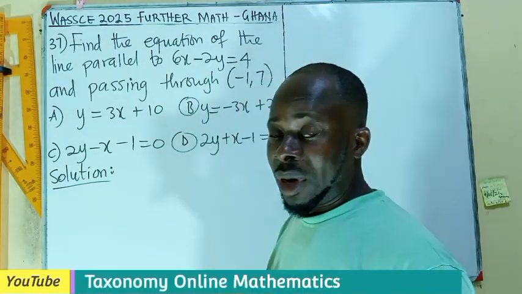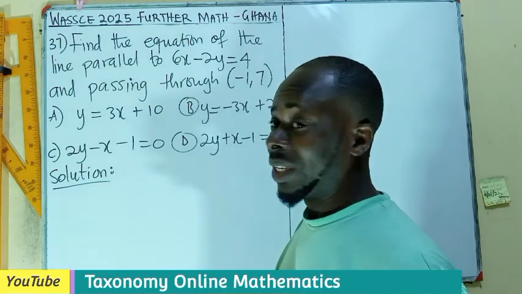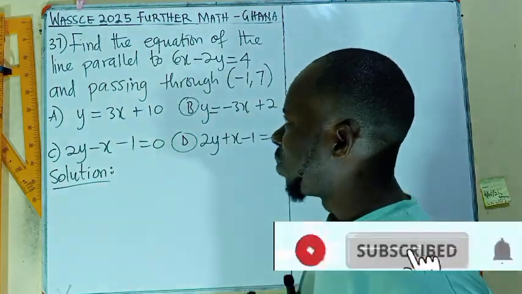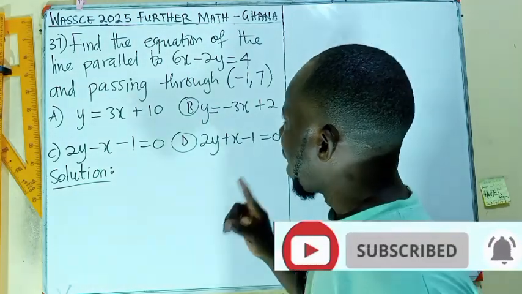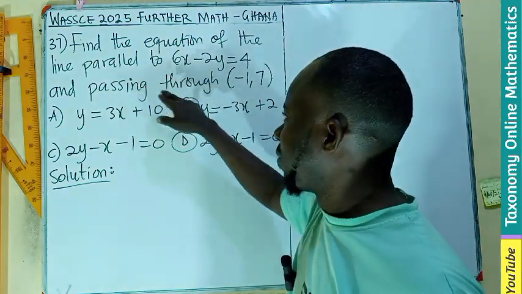If you know parallel properties of a line, you can find a solution to this question. Question 37, WASSCE 2025, Further Mathematics for Ghanaian Students. We have to find the equation of a line parallel to this line with this equation, which passes through a